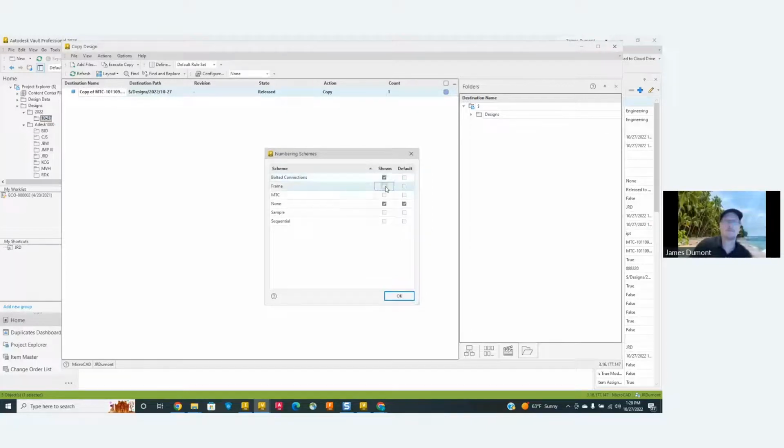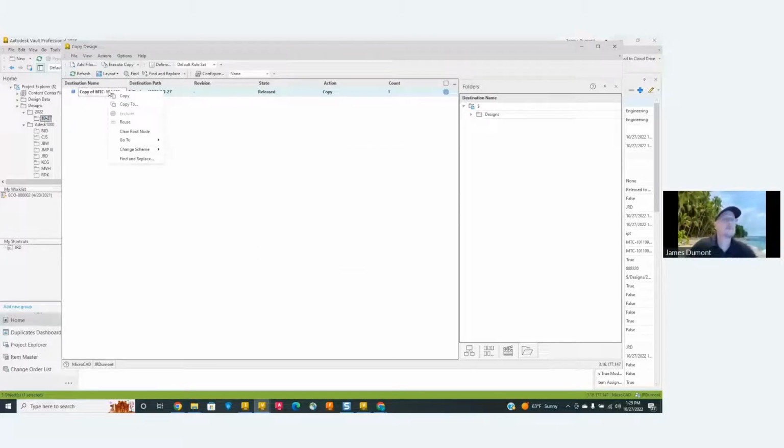So we have some companies that have 2 or 3 numbering schemes. I have one that has 60. So instead of seeing all 60, they can choose to see the ones they need as they're using it. So they can be very granular as far as what they see for the numbering schemes. But once they're on, it's a preserved value. Once it's on, it's on.